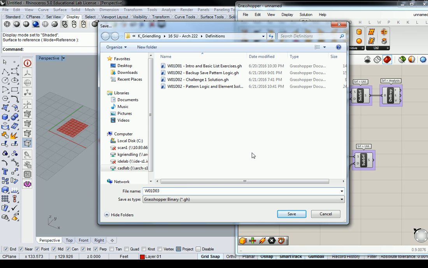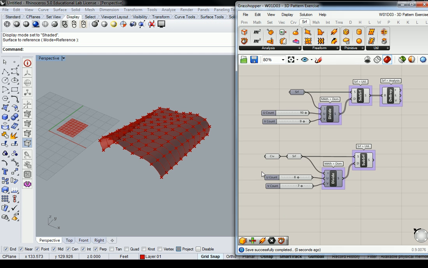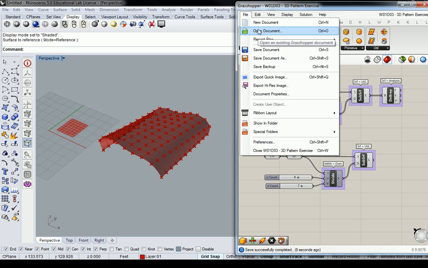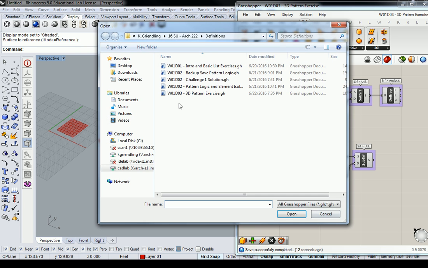Week 1, day 3. I'll call it 3D pattern exercise. All right, and then all you have to do is just open up another file. So I'm going to go to File, Open, and I'm going to open